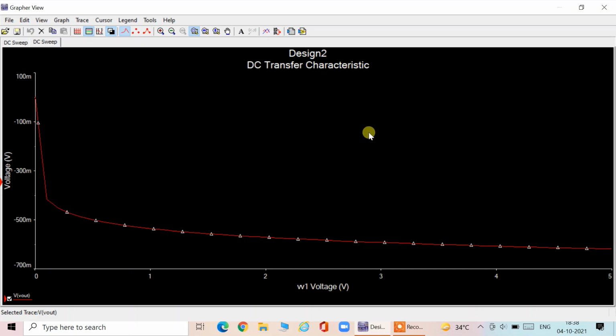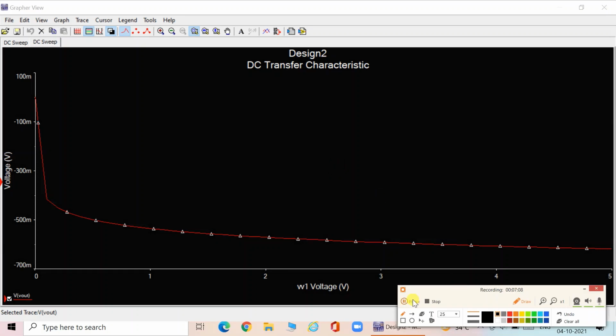So first we are coming to this particular log amplifier. If you remember, in the log amplifier, I'm taking a pen. My color I have to change, make it red.